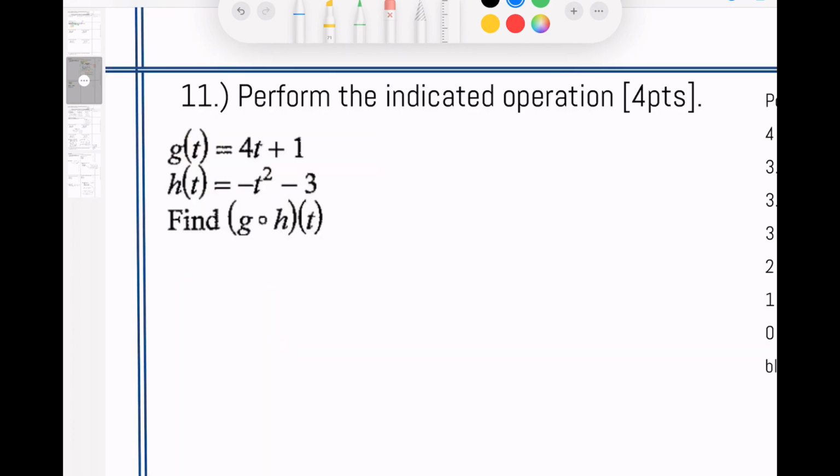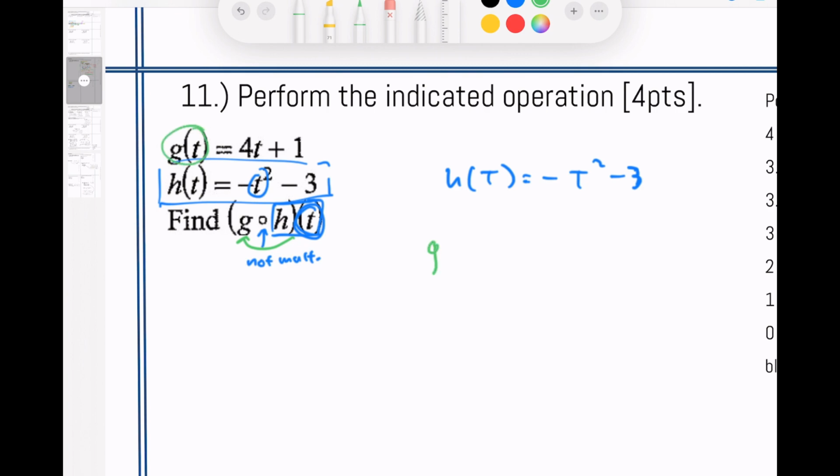Question 11 says, perform the operation. And this is actually not multiplication, we're saying h of t. So we're putting t here. And what that does is that basically, I'm going to change mine to capital T so I don't get confused. It stays the same. Okay, so that was h of t. Now, it's saying put your answer into g. So g,